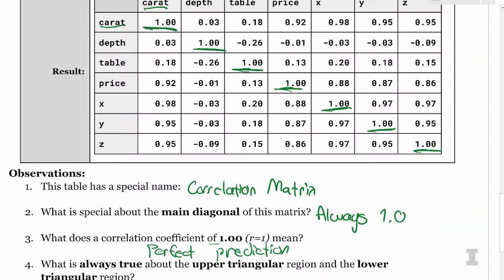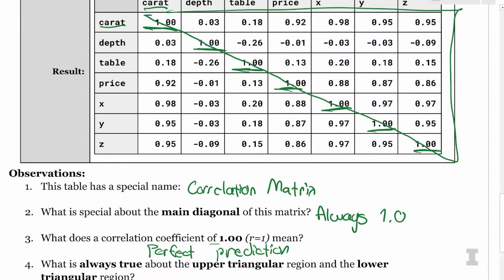So the fourth observation is, what is always true about the upper triangular region and the lower triangular region of the matrix? The upper triangle region of the matrix is everything on the top right of the main diagonal, and the lower triangle is everything below the main diagonal.